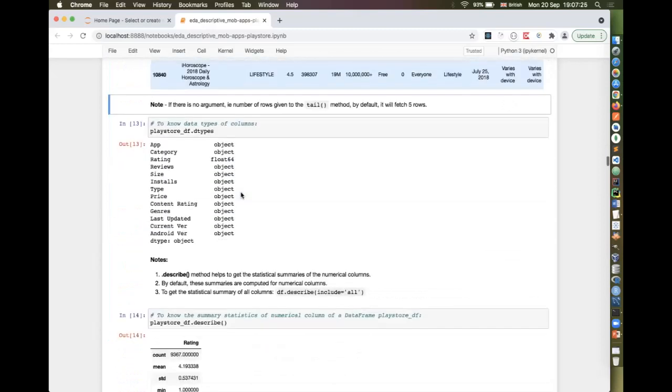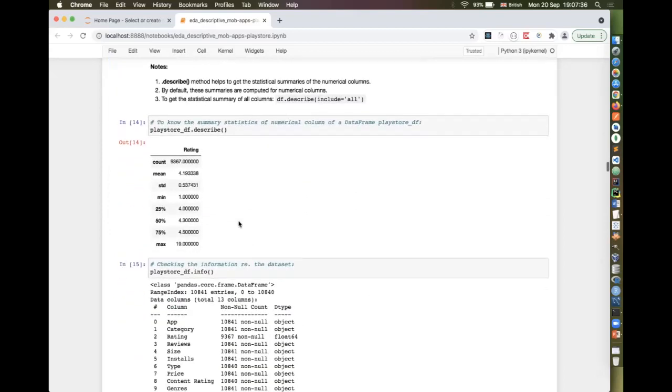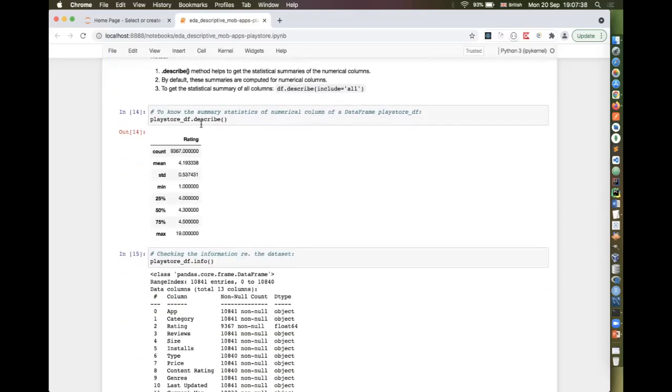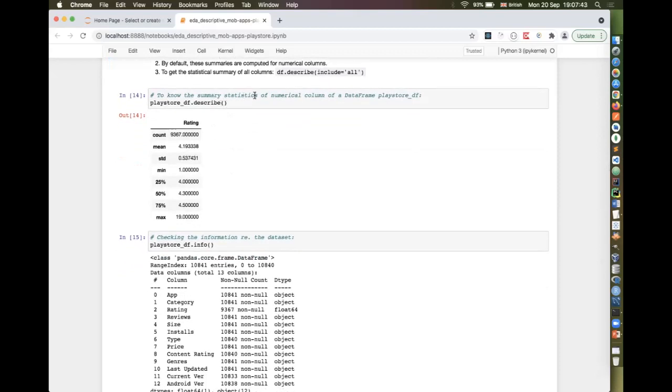Next, we need to know the data types of each field. You can do that by using the dtypes attribute. And you can use another method called describe that will help you know summary statistics of numerical columns by default.